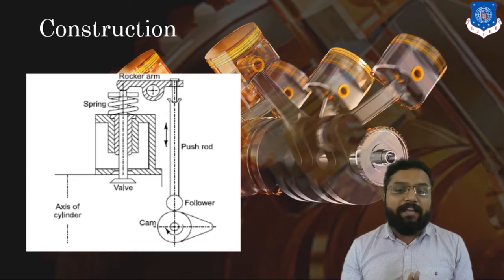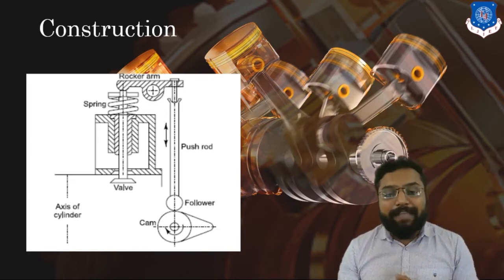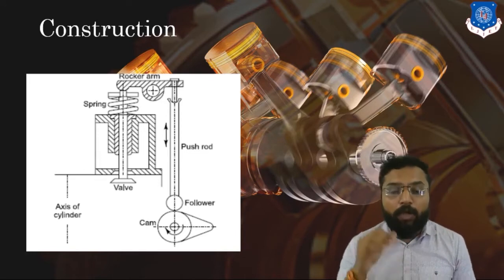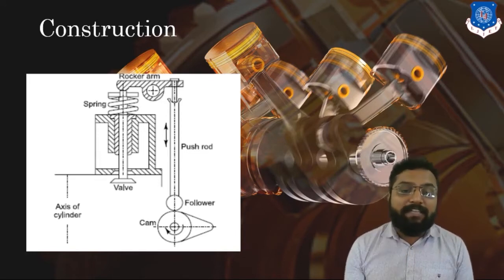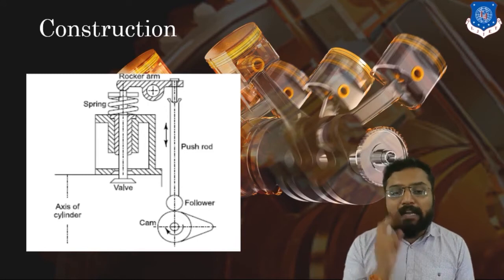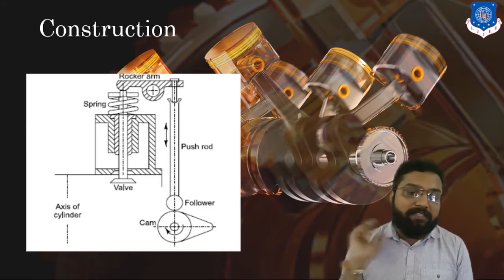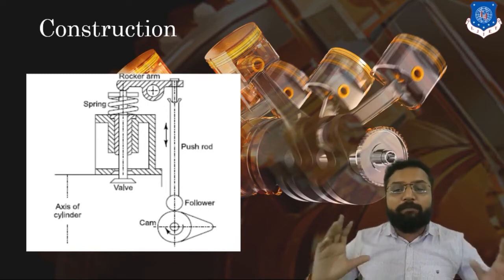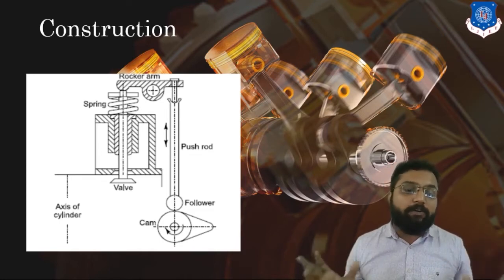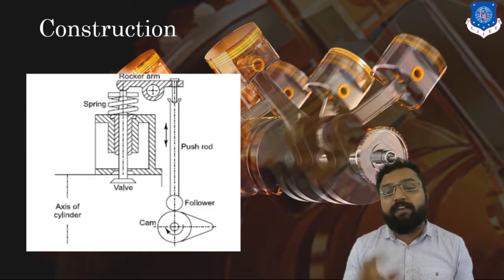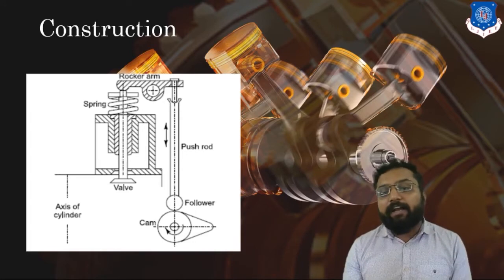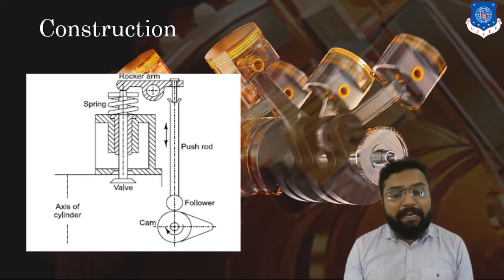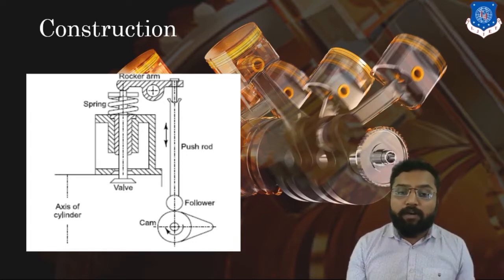The spring is designed depending on its stiffness and its working condition, and the valve is designed depending on the amount of temperature exerted on it. There are mainly two valves: one is the inlet valve and one is the outlet valve. The function of both valves is the same, opening and closing, but the working conditions are different. Clear? The working condition for the inlet valve is different because it has to work under a